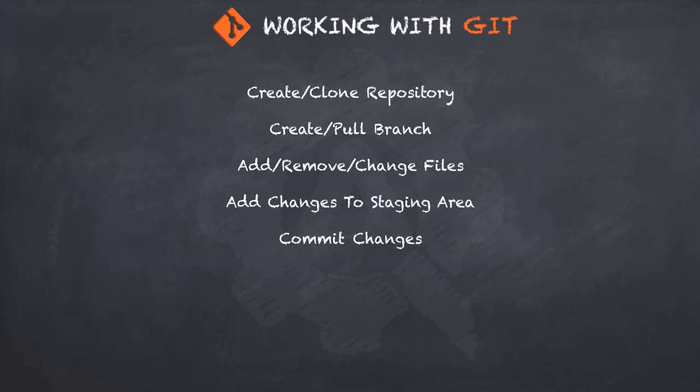We repeat steps 3 to 5 until we have made all the changes we wanted on that branch. And we merge that branch onto the master branch or some other branch as per our need. The final step we do after making the changes to the local repository is pushing those changes to the remote repository. We'll know about these steps in detail in the upcoming video.